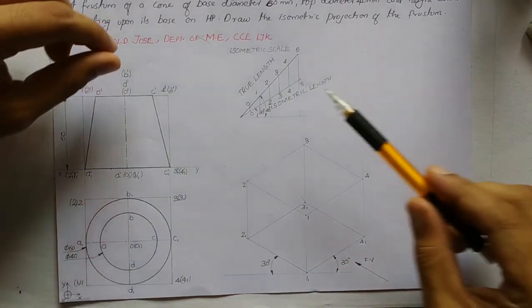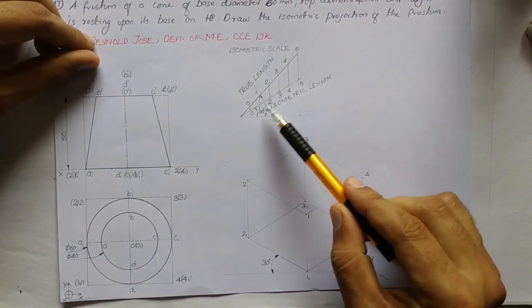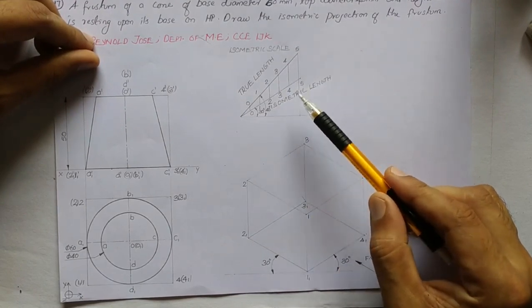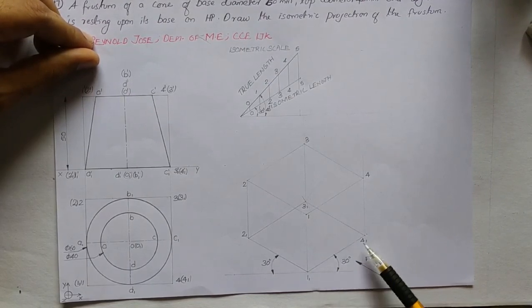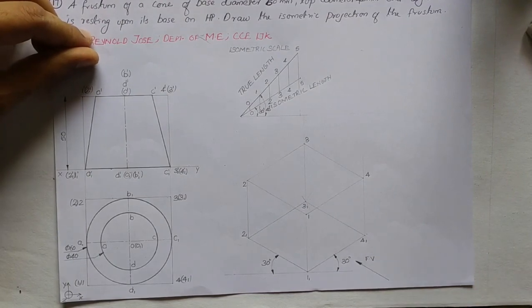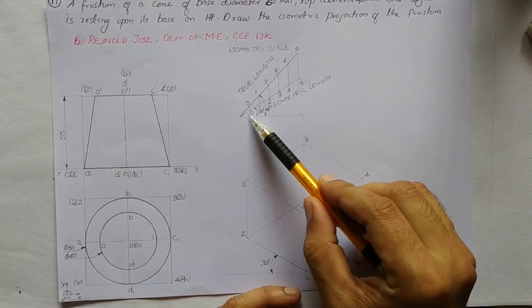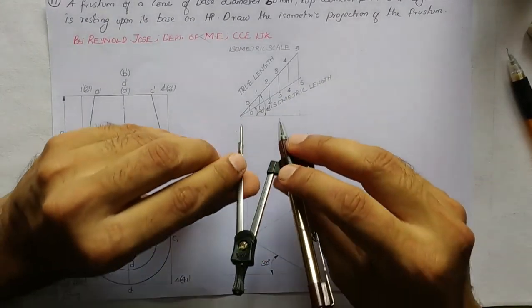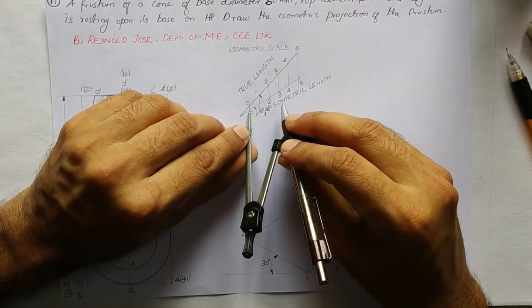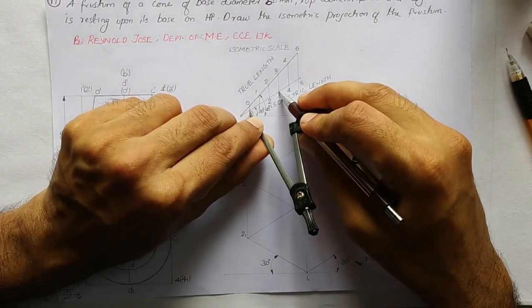Here we are having a total of 60 mm true length, so correspondingly this is 60 mm isometric length. So this 1₁4₁ is 60 mm isometric. The half length, the middle point of this 1₁4₁, will be 30 mm isometric. In order to take 30 mm isometric, we shall use our isometric scale. Starting from 0, 0, 1, 1, 2, 2, 3, we are having 3 divisions here. We shall take it directly from the isometric scale using our compass. So using our compass, we have already taken 1, 3 here.